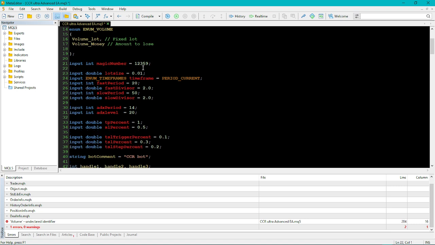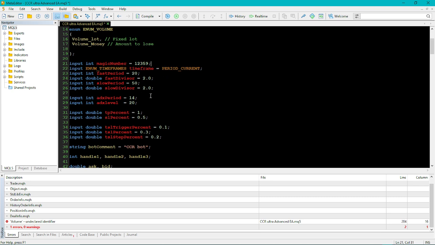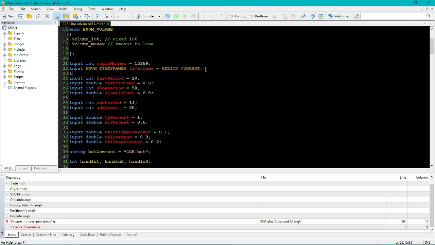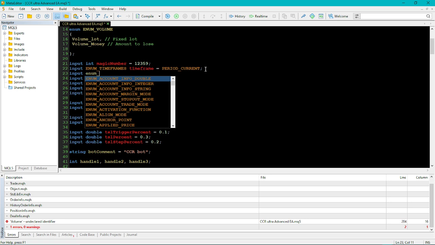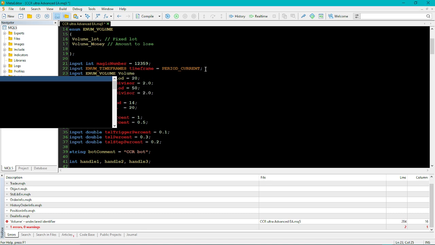So okay, we need to do a few things now. Remember with the time frame we used an enum. Wait, why is it? No, I can't have it. I'm gonna remove this. Let me have that before, after the time frame. Yeah, so we'll do input enum. We said it's volume. Yeah, enum volume, and then I'll give it the name